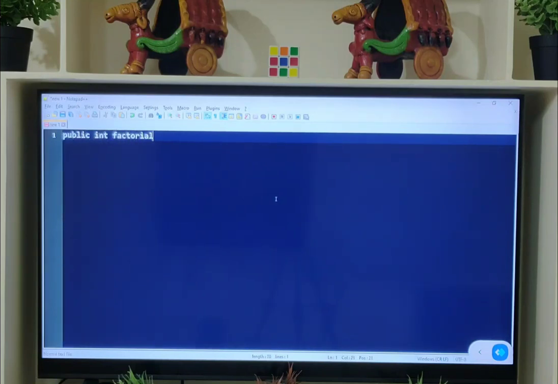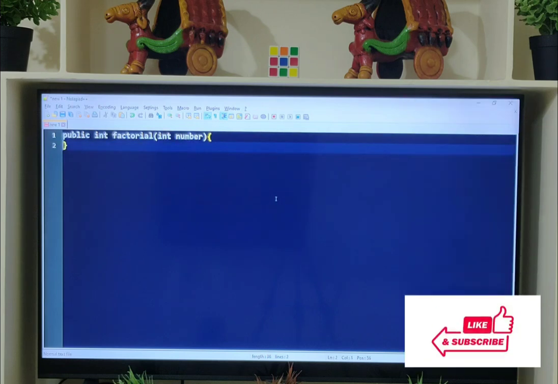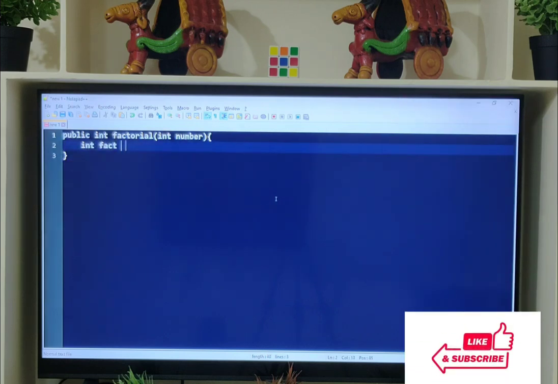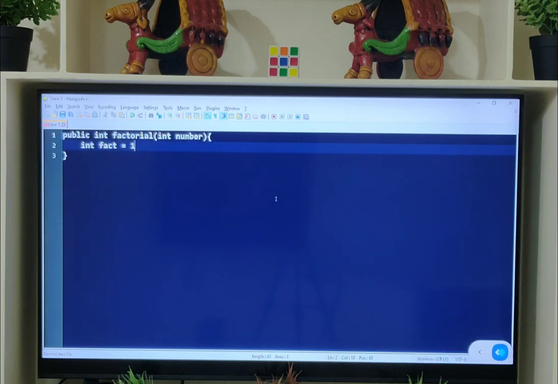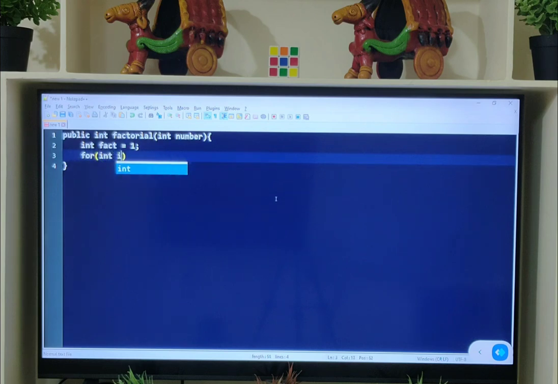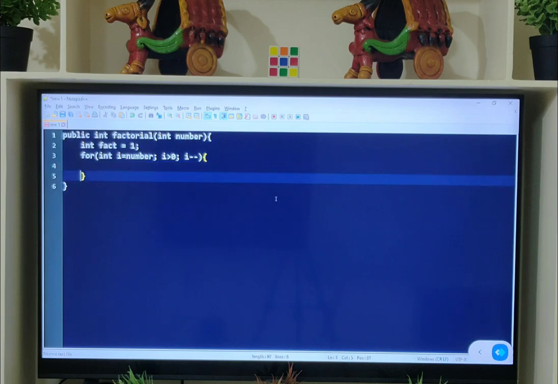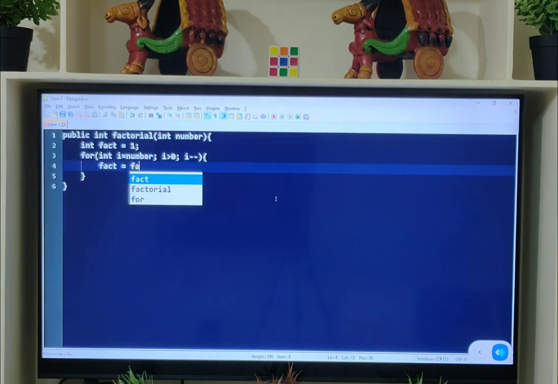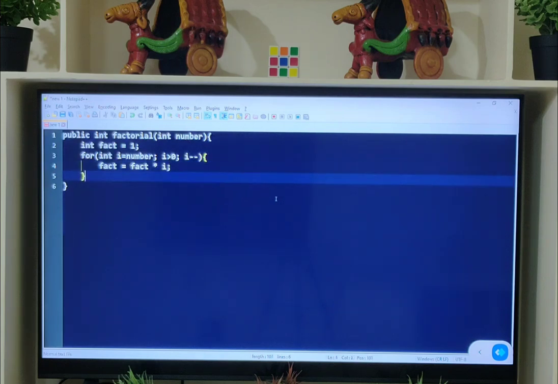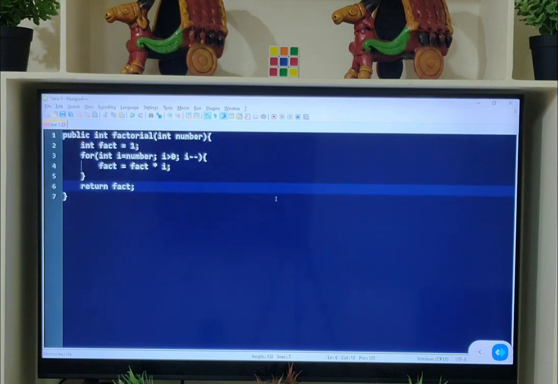Public int factorial(int number) { int fact = 1; for (int i = number; i > 0; i--) { fact = fact * i; } return fact; } This is a small code snippet which will give the factorial of a number.